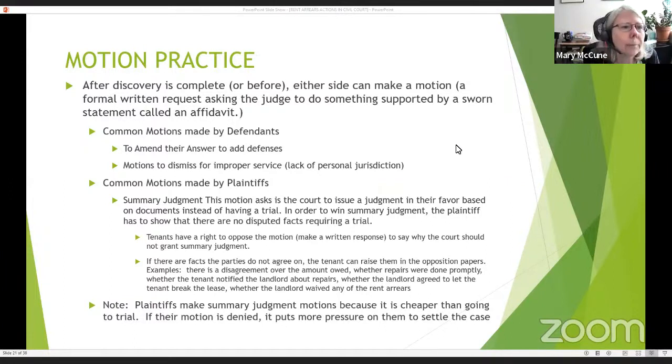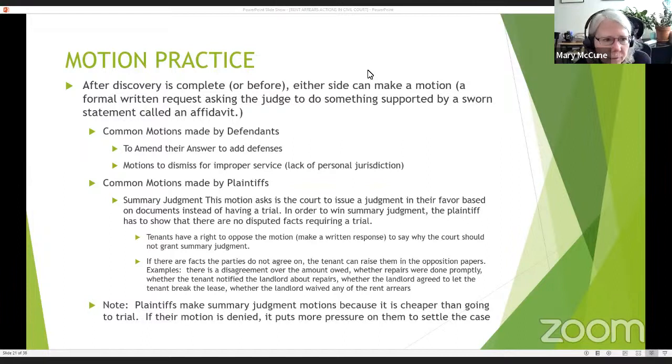Okay. So I guess it's 3:20 by my clock, so I'm gonna pick it up again. Okay, great. All right, motion practice. So we had how does a civil case start? How do you answer? What happens on the first court date? We talked about discovery, which is a very common phase. And now